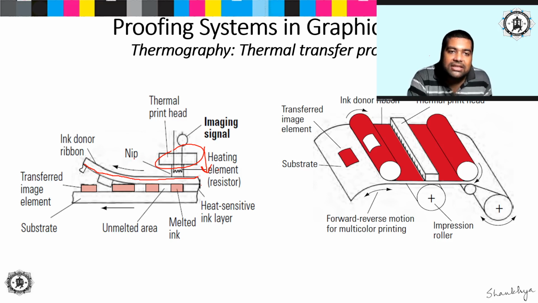Once again, this is your thermal print head, and it is receiving the imaging signal, and as soon as it receives the imaging signal, it heats up. It is in contact with the thermal ribbon. Have you seen a typewriter? Whenever we used to type something, that character would hit the ribbon and the paper, and the ink would be transferred in the shape of that character onto the paper. The process here is philosophically similar to that.